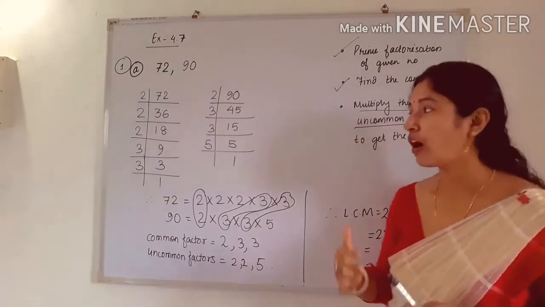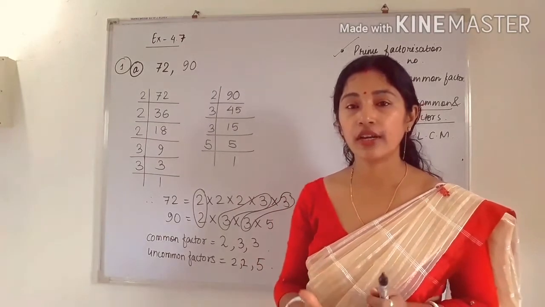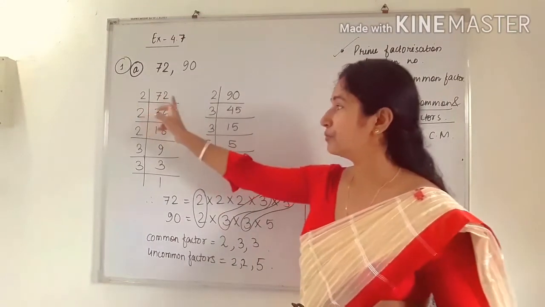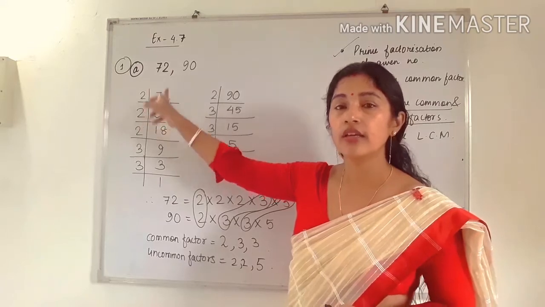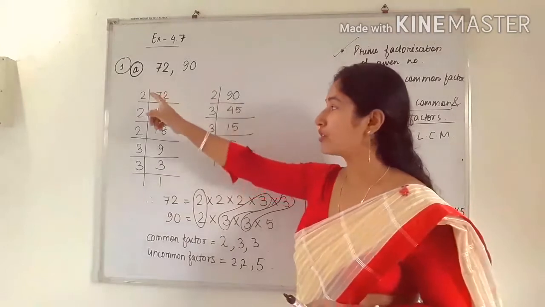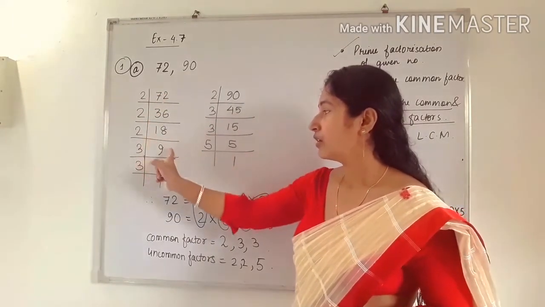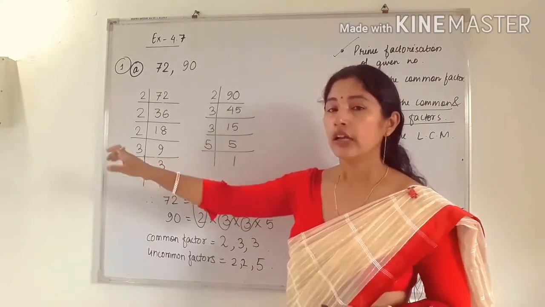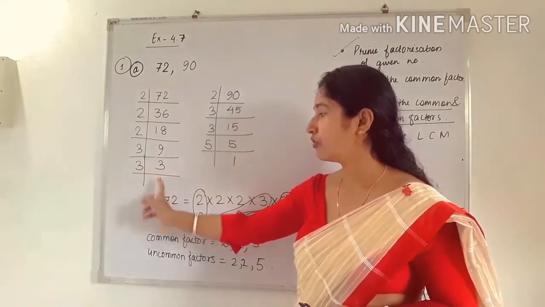See, how to do prime factorization, we have already done in the previous class for finding HCF. For finding the prime factorization of 72, you have to check whether this number is divisible by 2 or not. Start with the lowest prime number, which is 2. We will start with 2 and the prime factorization will go on. Here the number we got is 9. 9 is not divisible by 2, so we take the next prime number, which is 3. So 3 3s are 9, then again 3 1s are 3.